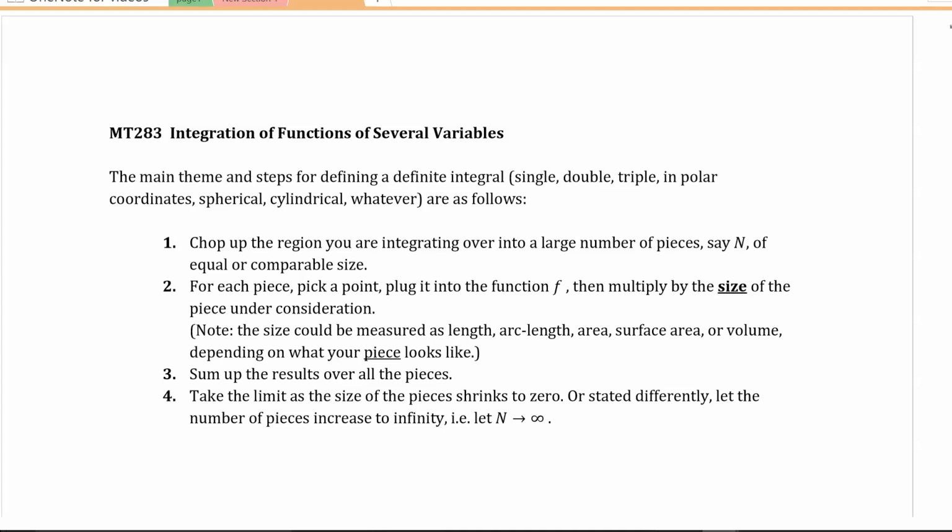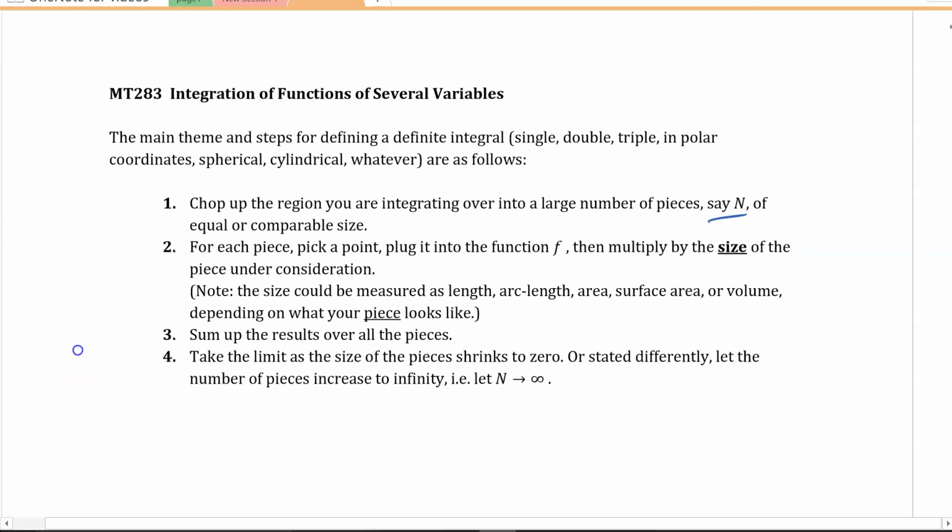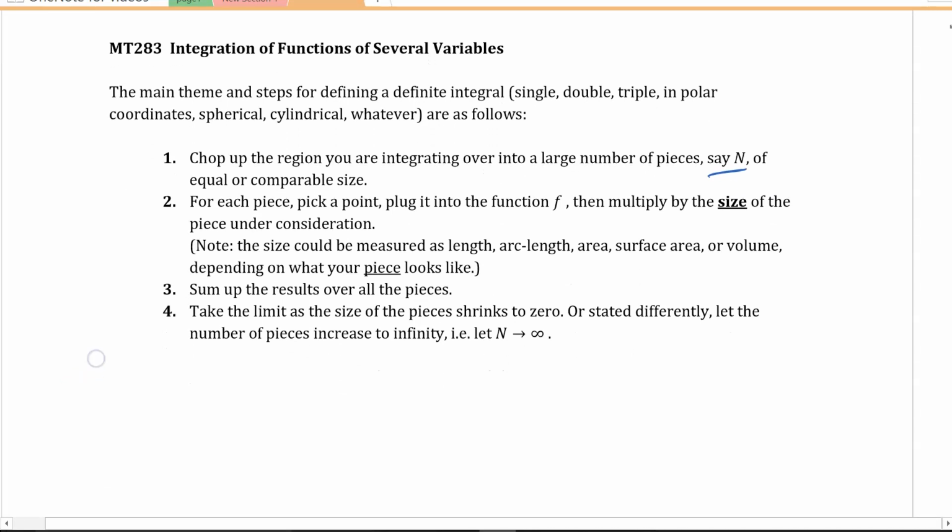But the idea and the steps for setting up or defining a definite integral is to take the region you're talking about integrating over and cut it up into a large number of pieces. I'm going to call that n here for now. Then for each one of those pieces, we're going to pick a point, plug it into the function f, and multiply it by the size of the piece under consideration. We're going to see for double integrals versus triple versus some line integrals and surface integrals that size could mean different things. Take those results, sum them up over all the pieces, and take the limit as the size of each piece shrinks to 0, or that is, you're increasing your partition